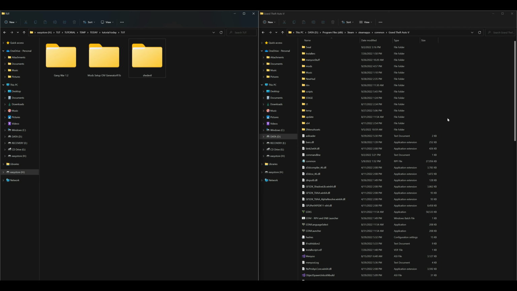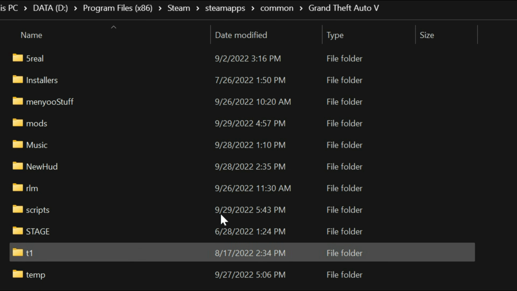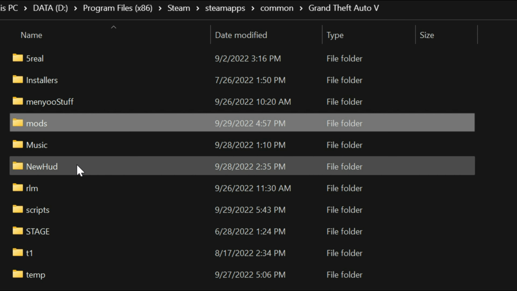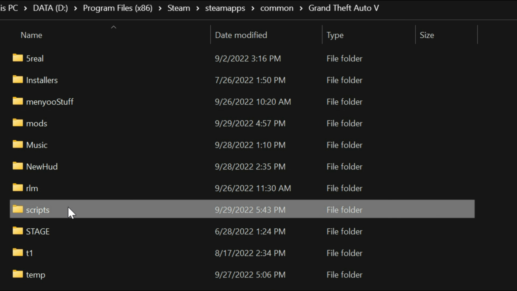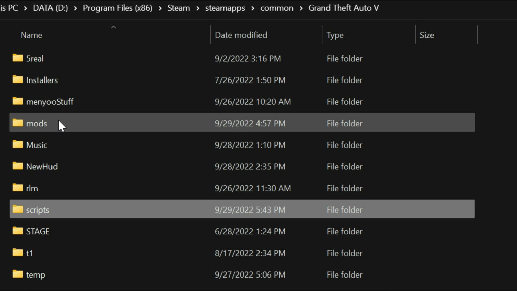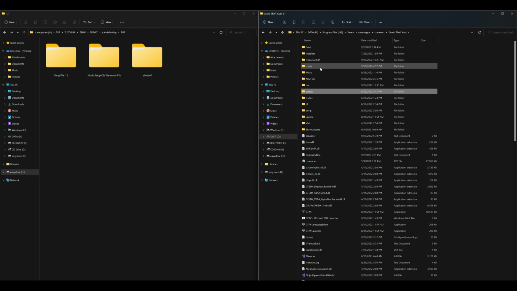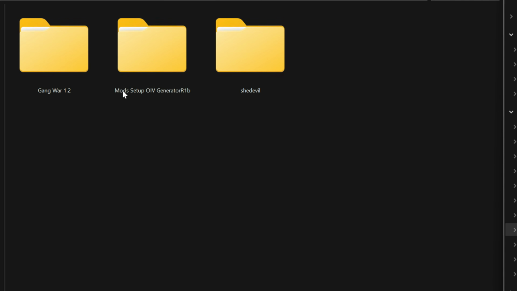I have all of my requirements installed, which is my Open4. Make sure that you have a mods folder, okay? If you don't have a mods folder, go ahead and create a new folder and name it mods, all in lowercase, okay? Because we are going to need a mods folder to install our OIV packages inside, all right? So once you have that installed, also have a scripts folder as well, because I will be installing something into the mods folder and the scripts folder, okay? So if you want to follow along with me, then go ahead and create a scripts folder. If you don't have one, just create a new folder and name it scripts, all in lowercase, all right? Once you have those 2 folders created, all right, let's go ahead and head back over to our mods setup